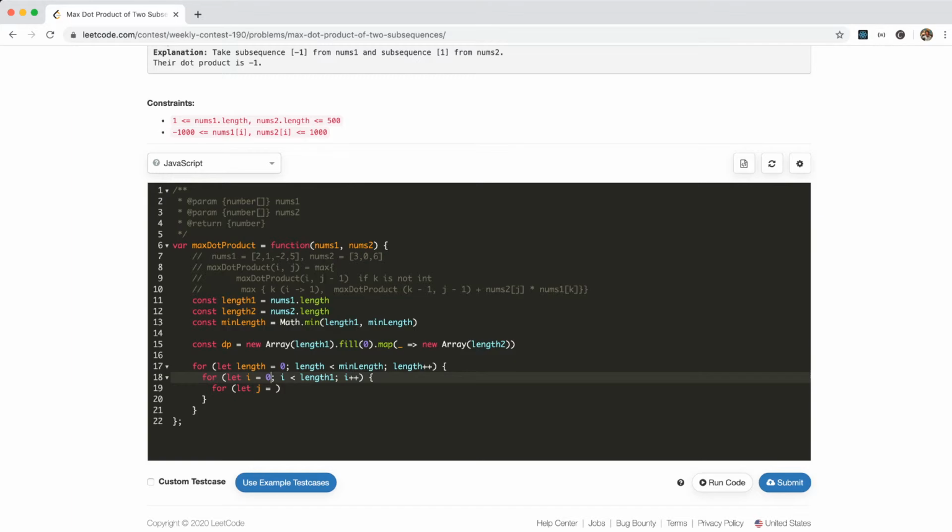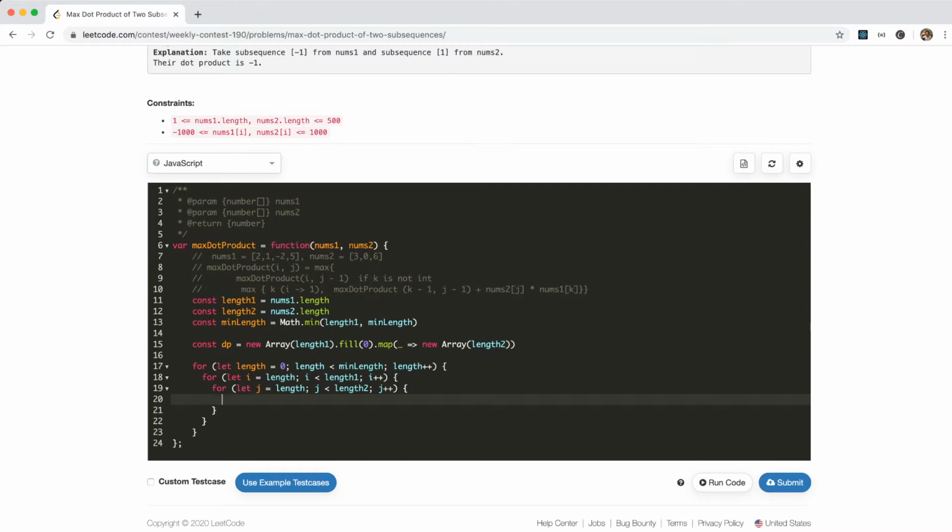So i actually will start with length. Of course, j will start with length also. j is smaller than length 2, j++,